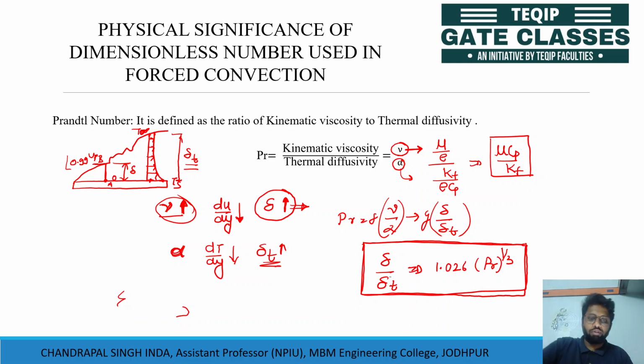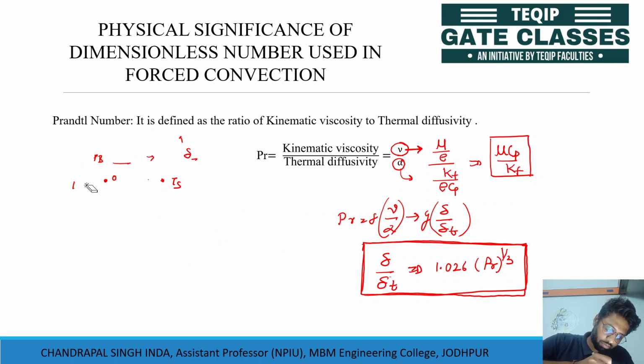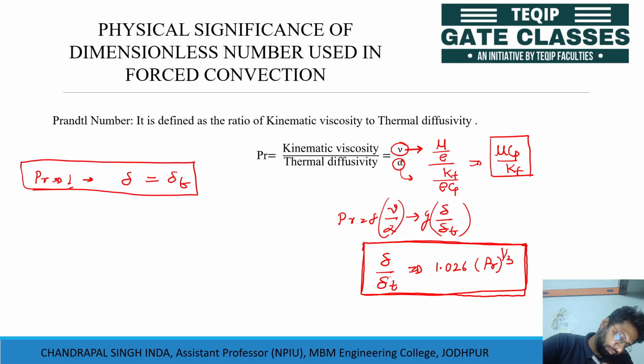So if the value of the Prandtl number is equal to 1, then delta is equal to delta T. If the value of the Prandtl number is greater than 1,